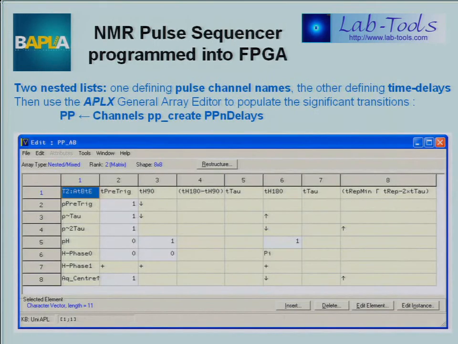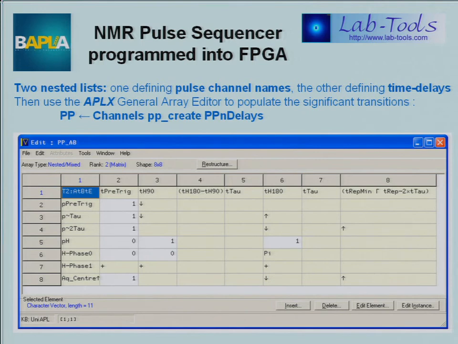I'll move on. The sort of thing I've been working on at the moment is one of the things you need for the NMR spectrometer, which is a pulse program, a pulse sequencer, and there are a number of predefined pulse sequences that you need to create, and you want to give the user the ability to create their own pulse sequences. So from a list of delays, named delays, and channels whose output you want to control, you run this APL function which creates this